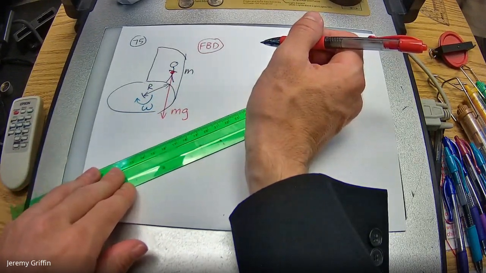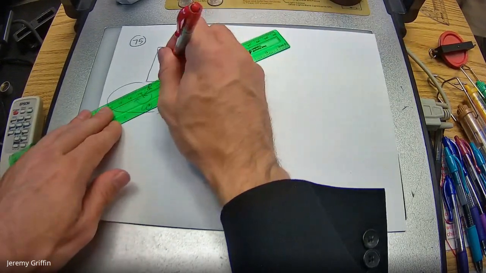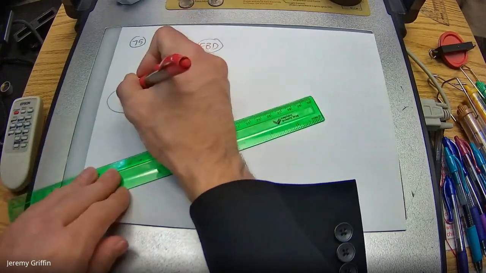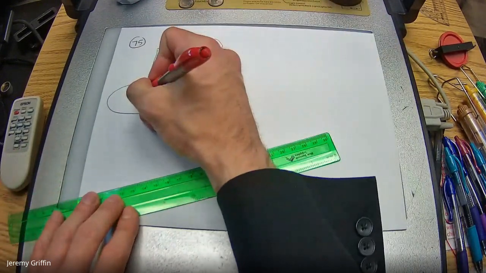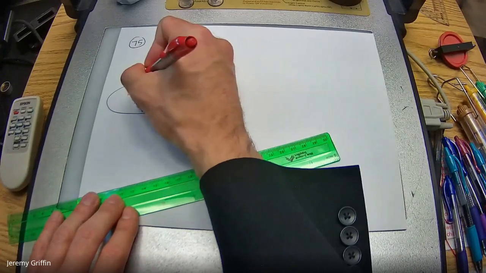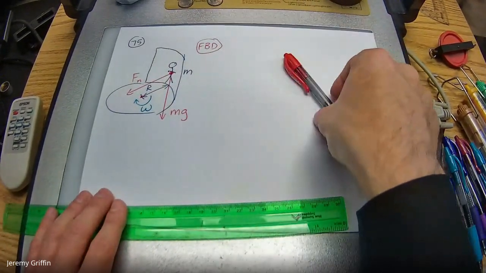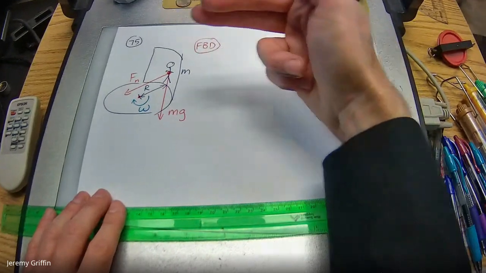I just started drawing this picture in 3D. You guys can think in 3D, right? So, wouldn't the normal force be pointing exactly towards the center of the circle? I'll call it normal force, center of the circle. If you're drawing your own and you don't like drawing 3D, you just draw it straight to the left.